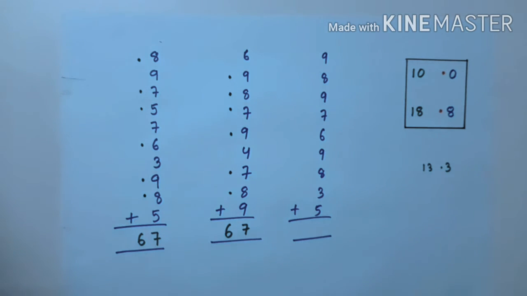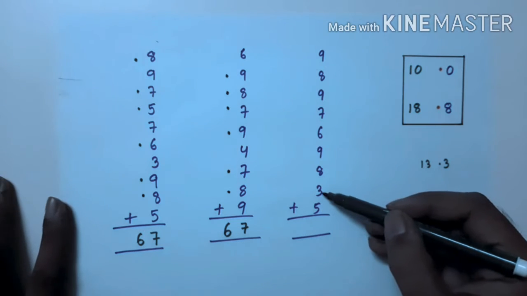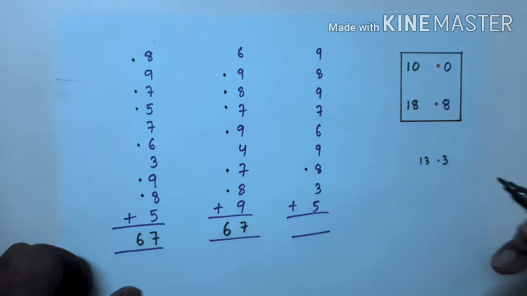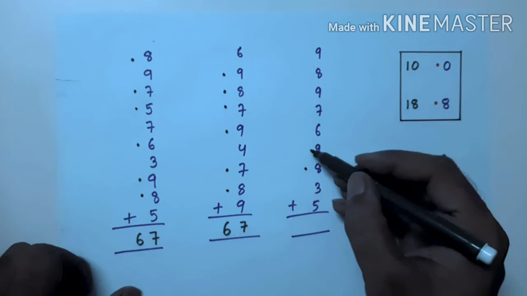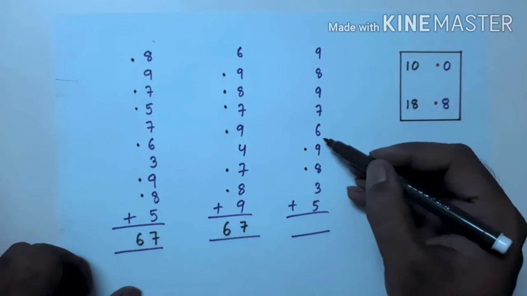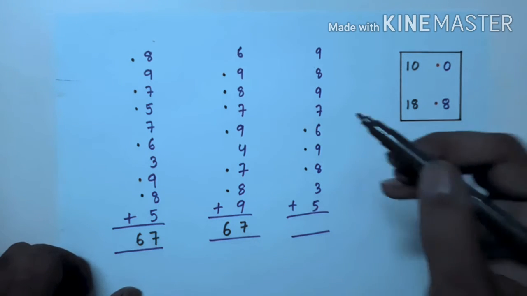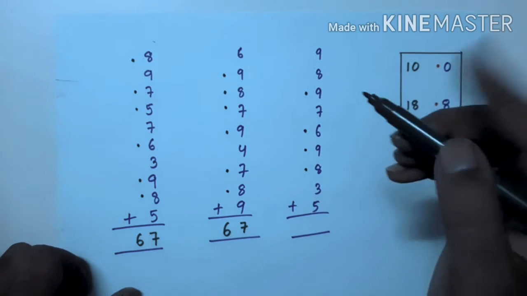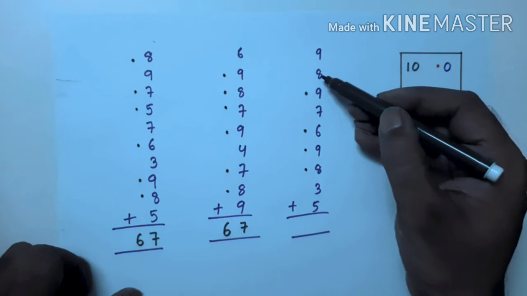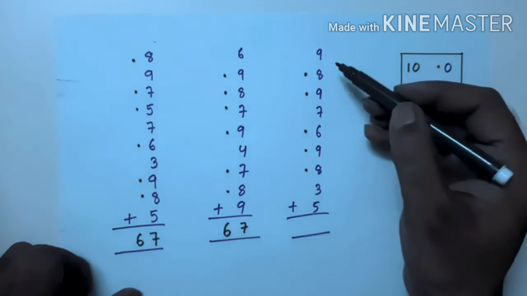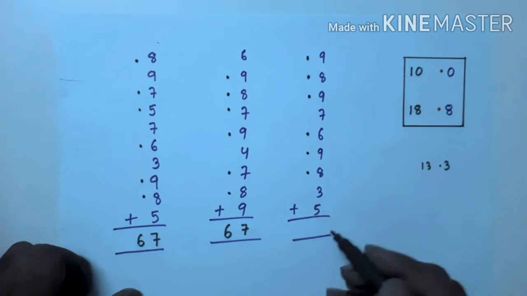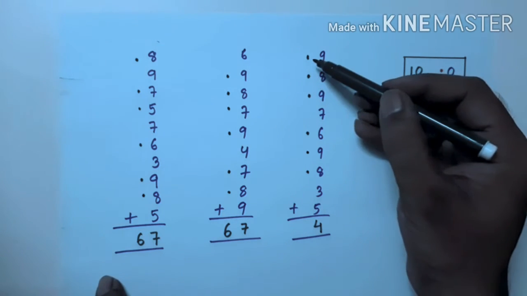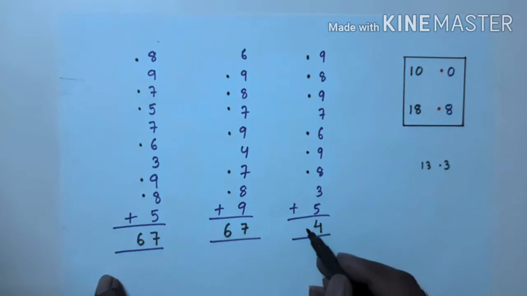Okay. So let's take another example. So let's start. 5 plus 3, 8. 8 plus 8, 16. 16 means dot 6 in the mind. 6 plus 9, 15. Dot 5 in the mind. 5 plus 6, 11. Dot 1 in the mind. 1 plus 7, 8. 8 plus 9, 17. Dot 7 in the mind. 7 plus 8, 15. 15 means dot 5 in the mind. 5 plus 9, 14. So dot 4 in the mind. So 4 is the last number. We can put it here. Next we'll count how many dots are there. 1, 2, 3, 4, 5, 6. So the answer becomes